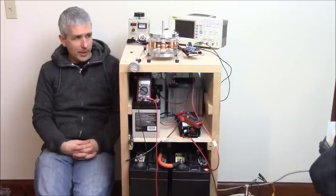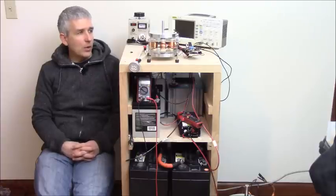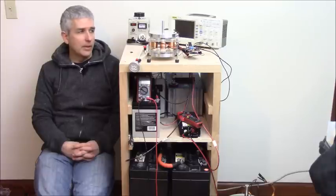But I wanted to mention this to people because I will be changing at least the size of these coils and perhaps the size of the rotors in the next run of parts. So in other words, right now I'm switching a 900 volt MOSFET. That's a very good one. It's 30 amps, I believe, 36 amps maybe. And I think it's about 500 watt dissipation of energy maximum. So it's a really robust MOSFET,